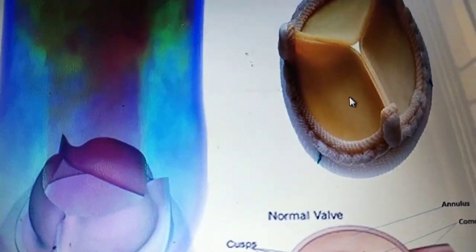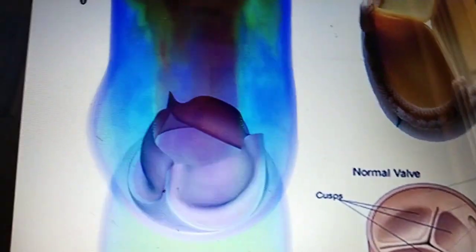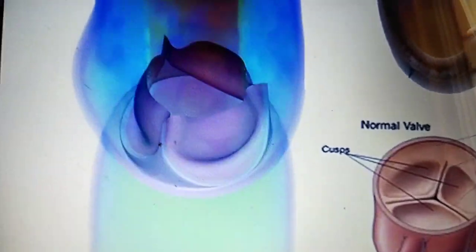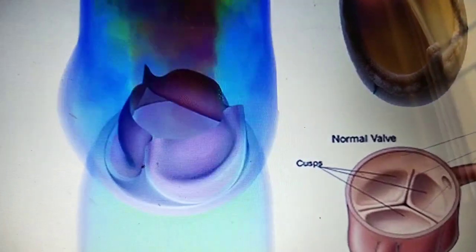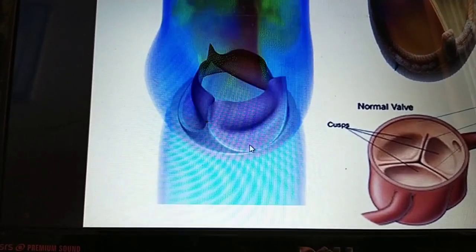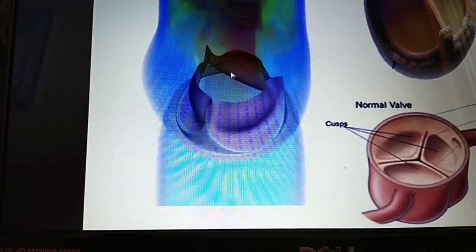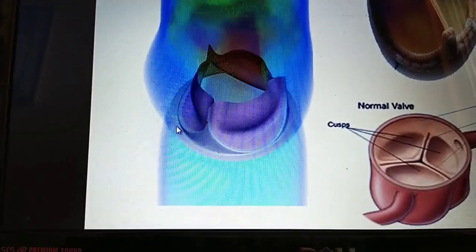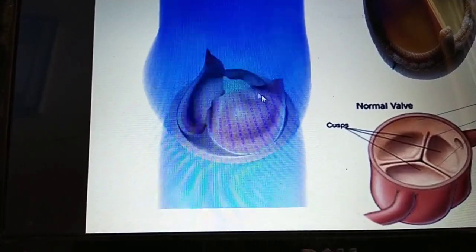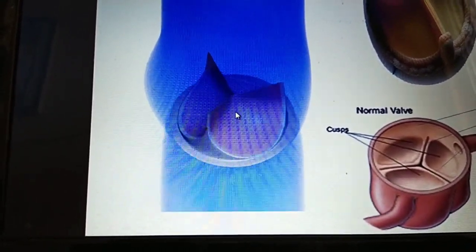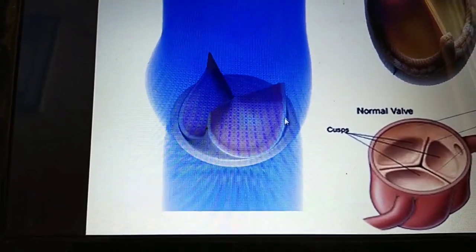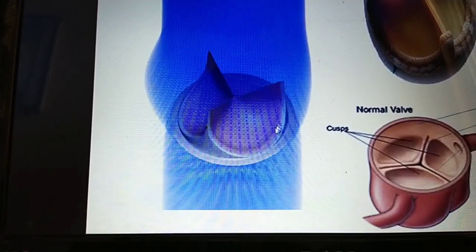I already explained during the root of the aorta what the cusps and the sinuses are. You can see here how the cusps work. The base of the cusps is held by a ring-like structure. That ring is made of fibrous tissue. These rings are called fibrous annular rings, and they form the concave shape of the cusps. These are the cusps of the valve, or leaflets of the valve.